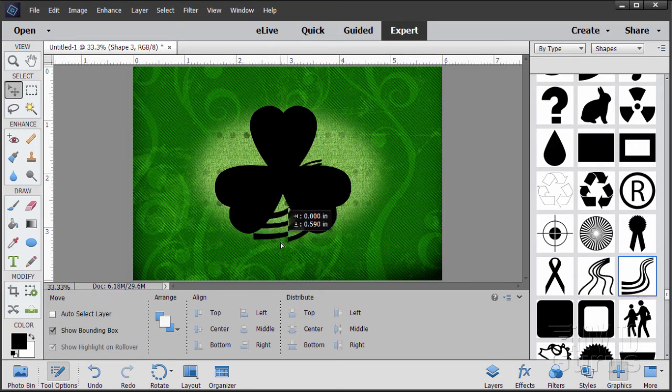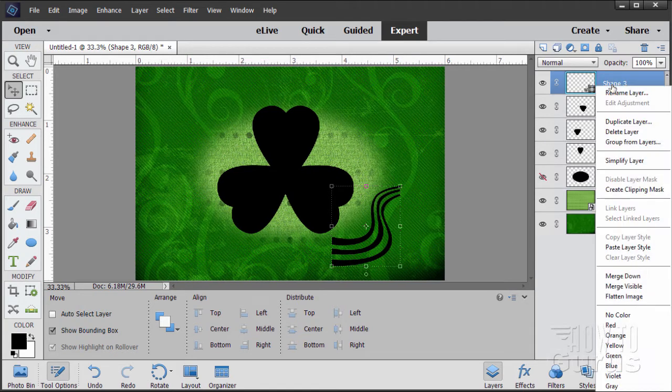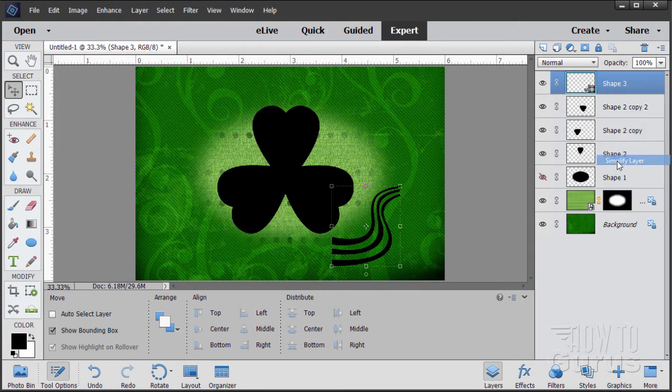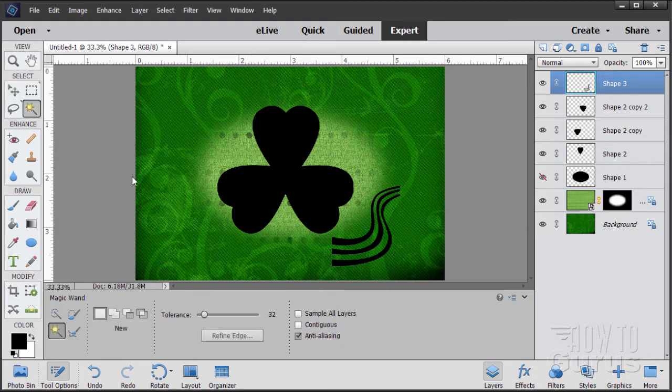Click or double click to bring that in. There's our River 2 shapes right here. Back to the layers. Right click on that shape and simplify. So it's just a graphic. Now grab the magic wand, click on the bottom one of those,